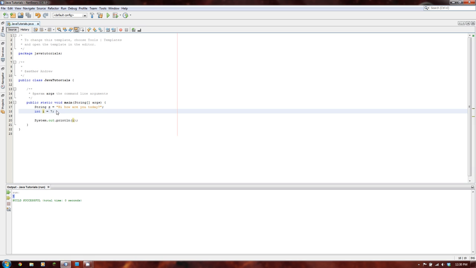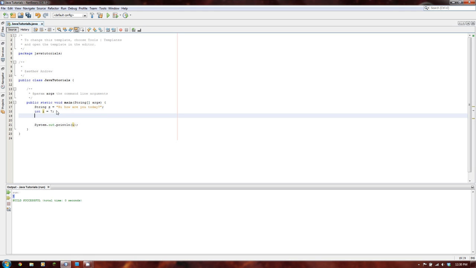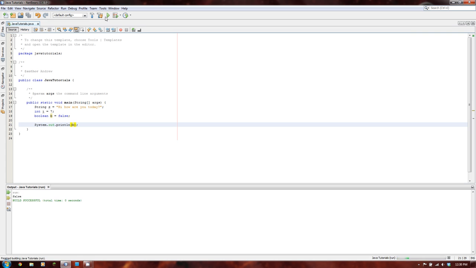It can do all the other data types, so booleans, and then you can say false, and it'll print out false. Just like that. So this is a really useful function if you're trying to get data out to the user, or trying to debug your code, see if there's a problem. You can check stuff out like that,